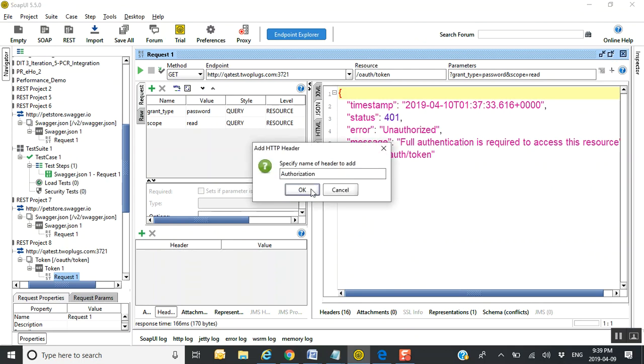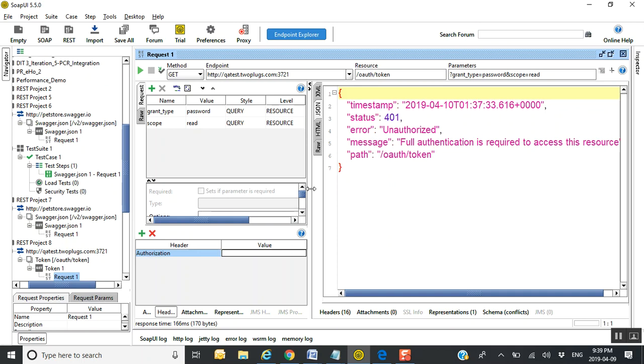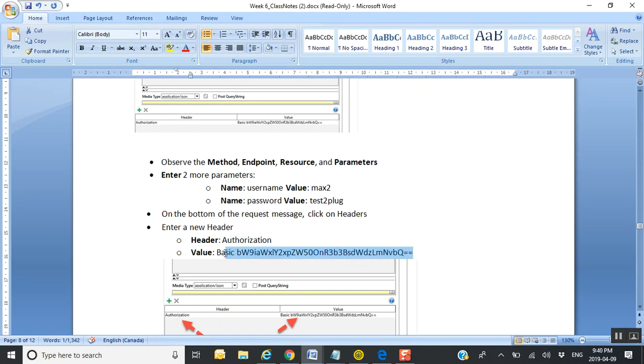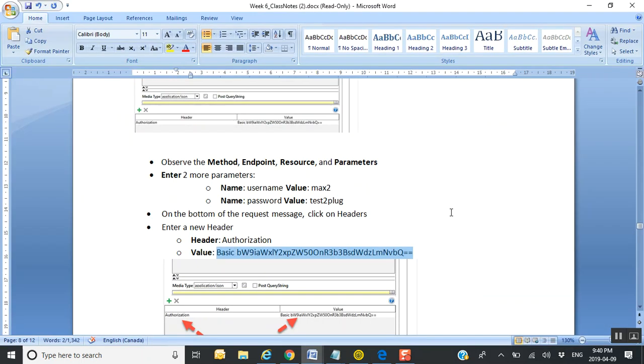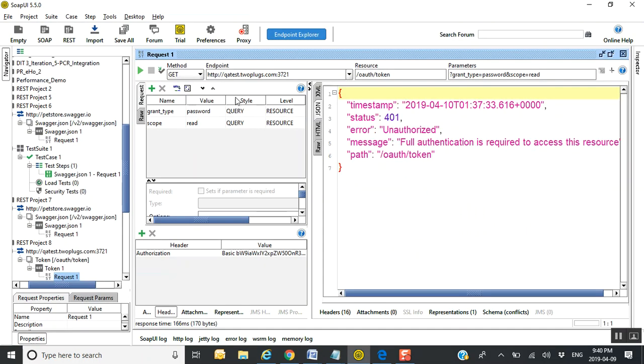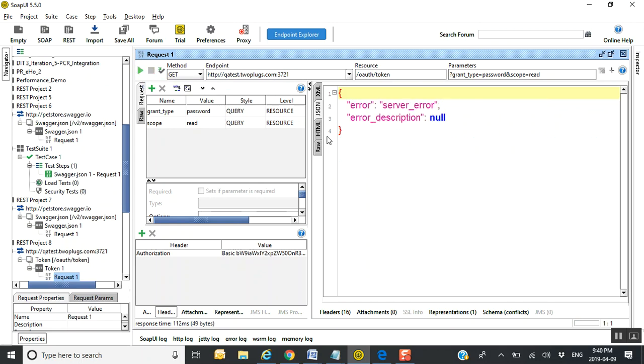So the name of the header is authorization, and the value is this long keyword. Make sure there's no space at the end of it, and make sure there's no space in the front of it. Once you confirm that, you can press enter to save it, and let's try it again. The method as well is quite important. The company will tell you what method this resource understands. So I believe get or post should work, but we can leave it at get